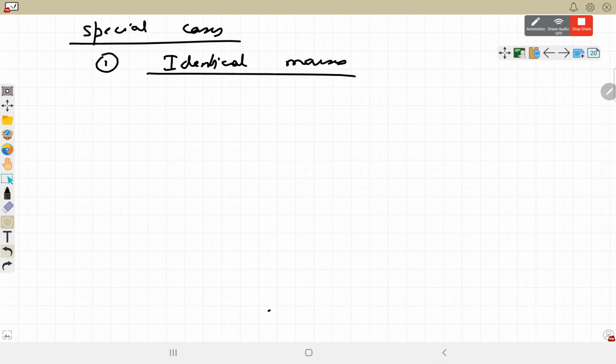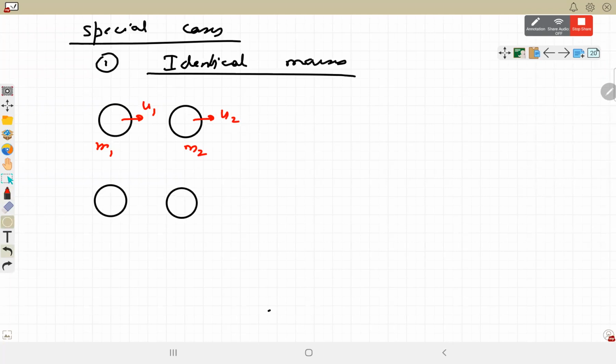If it is a head-on elastic collision between identical masses, then their velocity vectors get exchanged. जितनी velocity से m1 चल रहा था वो m2 की हो जाएगी और जो m2 की थी वो m1 की हो जाएगी. After the collision, their velocity vectors get exchanged. So v1 will become u2 and v2 will become u1, for elastic collision.